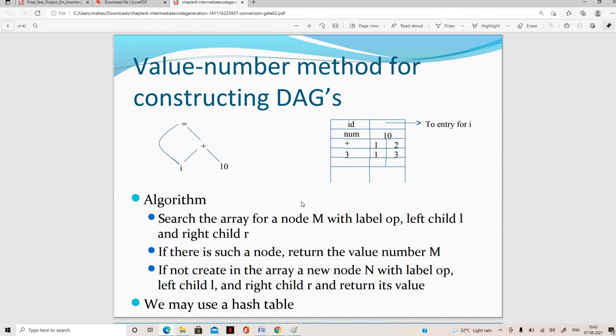So for whatever the operation we are using, we are going to construct the value number method. In the value number method, we can evaluate the expressions in an easy process. Okay. So we may also call it a hash table like that. So for this one, I am going to do like this: I equal to I plus 10. That is an expression.